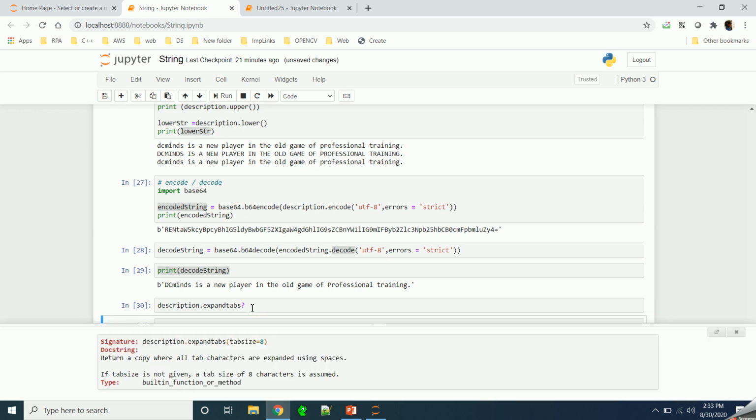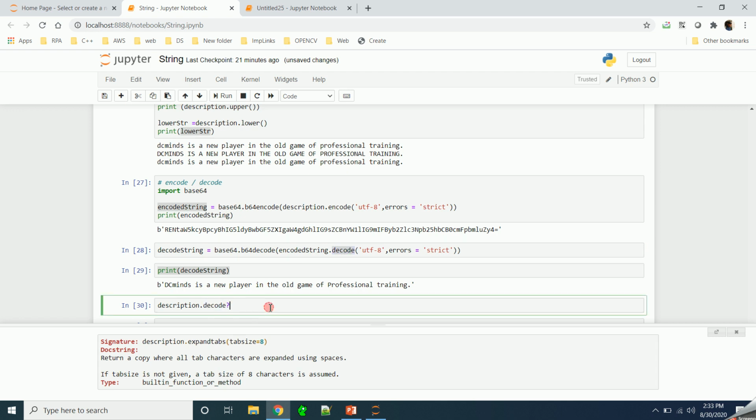So this is the string, and then you give this period symbol operator and then the function name, and it will give you the description of what the function does and what its parameters mean. You can get the description of any function you want.